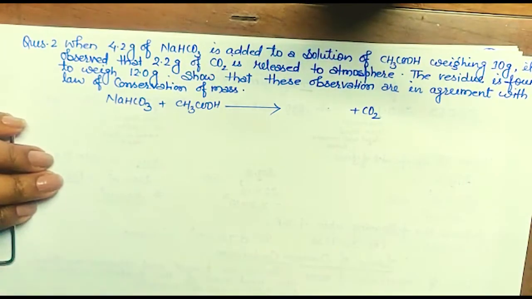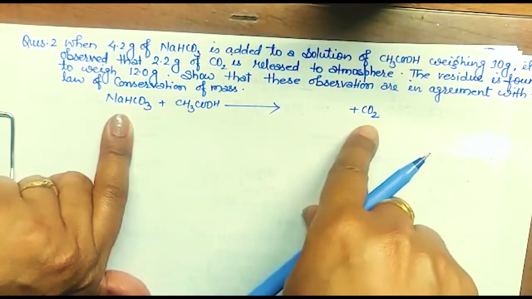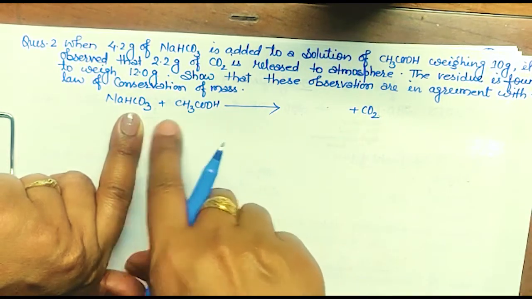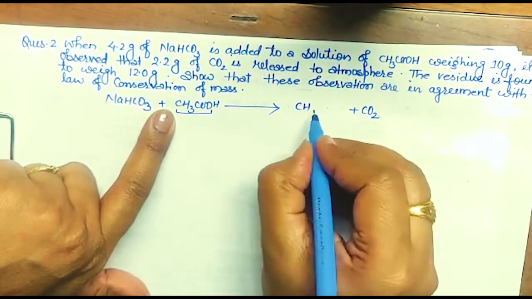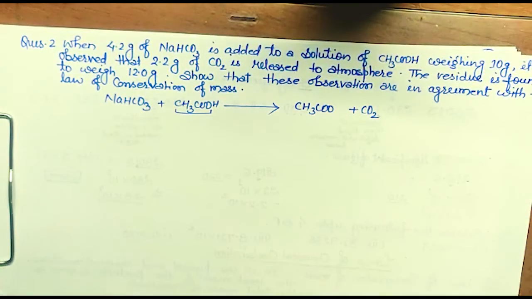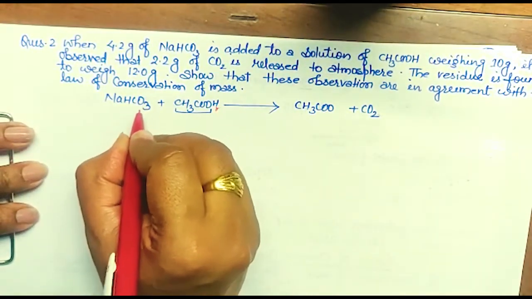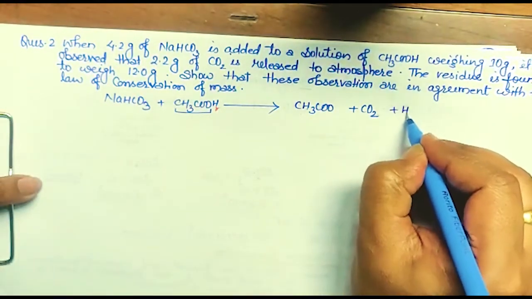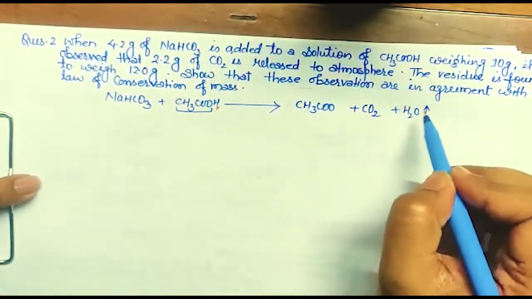So what will form next? Since in class 10th you people have done, if there is carbonate, it will give carbon dioxide, isn't it? Yes. And here it is said that the residue is next, what will be left? This part is left, CH3COO, and what will happen? This H and OH, this H and the oxygen of this, that will form water also. So this water will evaporate. There is no weight for this considered. Okay, we haven't considered any weight for this.